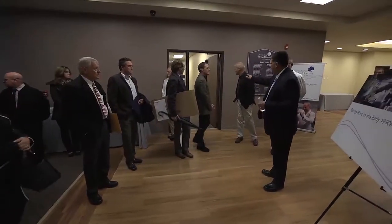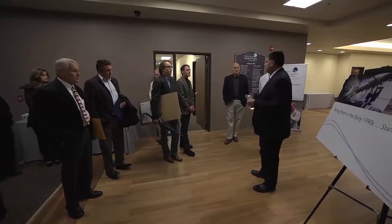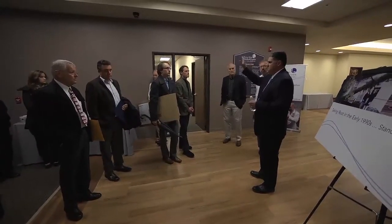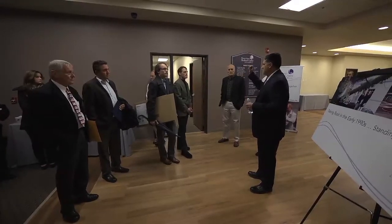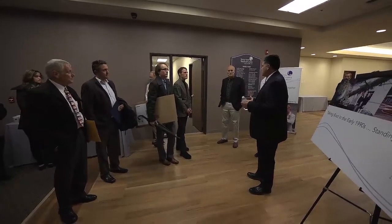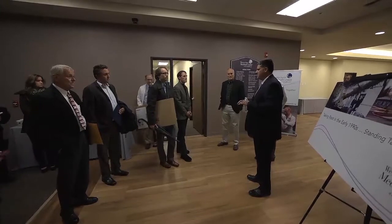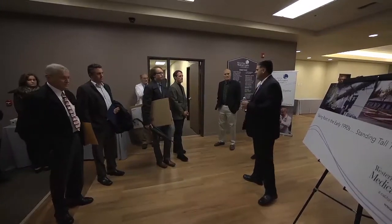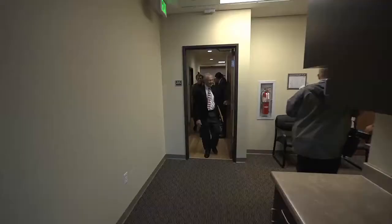Down at the end of the hallway is a room, which we can look at in a minute, that is all about the community. Across the street is senior housing, and so we want to invite them down, and we can have computers in there. There can be games. There can be a place they can look up disease processes or ask questions or just hang out and understand the process. So we wanted to make this really all about the community, and the design started with that fact. So if we walk down this way,